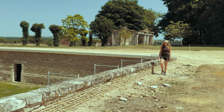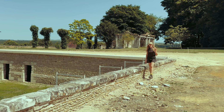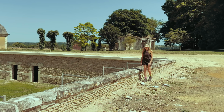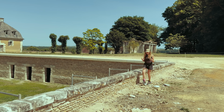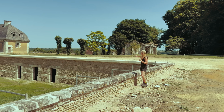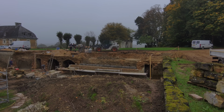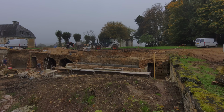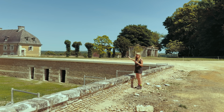Well, the restoration of the chateau's magnificent stone walls has been a long and complicated process, with these two walls on the eastern side now nearly fully restored. The far wall you can see behind me was completely dismantled and then completely rebuilt in the restoration process. And as you can see, all the top stones on that wall were replaced with new stones, and what our